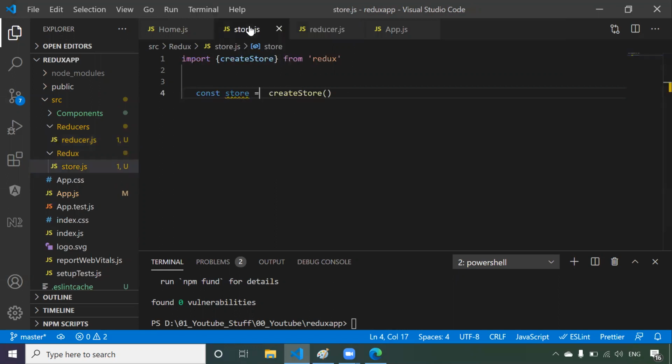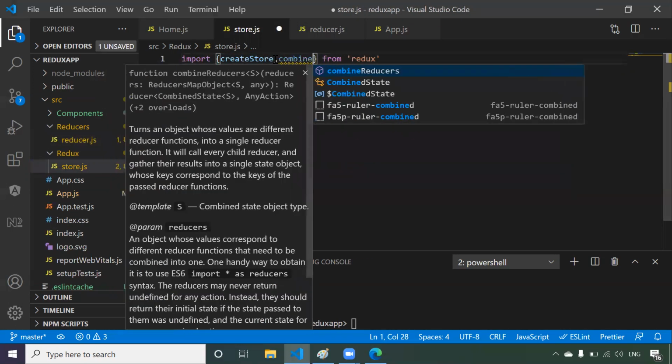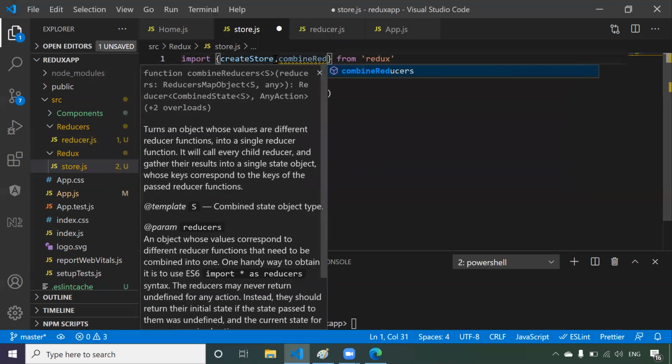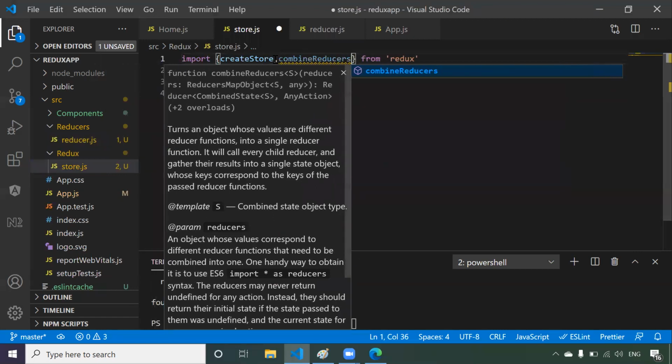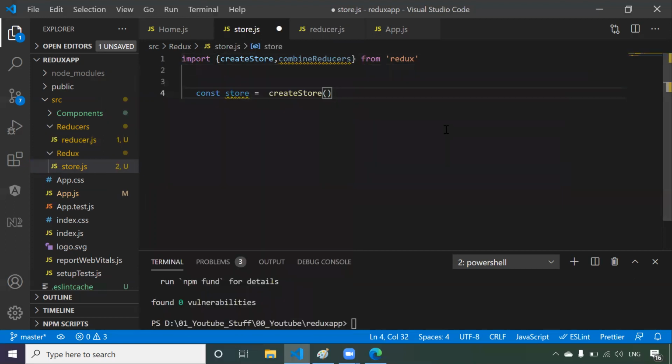To register with the store, the store says, if any reducer wants to register with me, I am giving one method called combineReducers. You have to combine all the reducers and give me one common reducer, and that reducer you register with me.